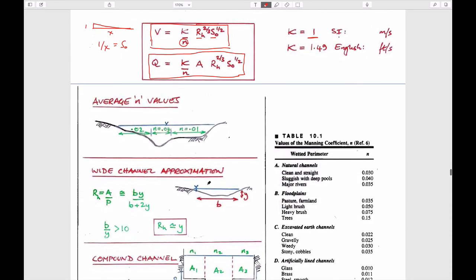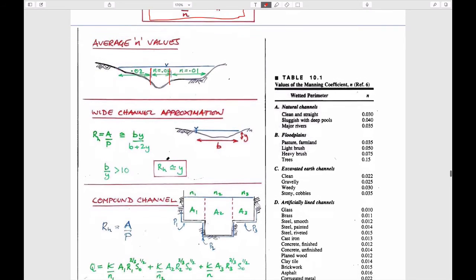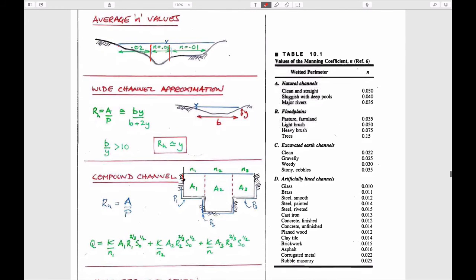If you use composite sections, then you can typically divide the channel up into portions and solve for those individual portions. Probably this isn't the best way to do it as an average value. Probably the best way to do it is as a compound flow, where you look at summing up the flow in this portion going into the page, which is this amount, the flow in this portion, which is this amount, and the flow in this portion,